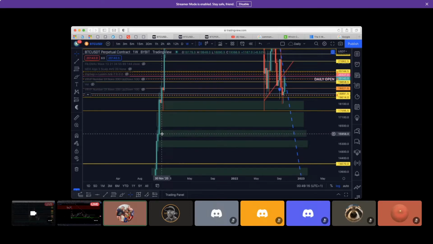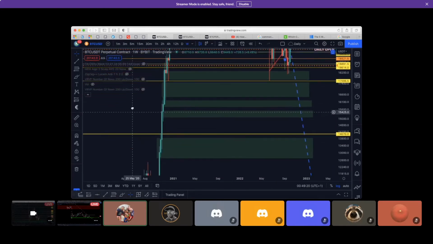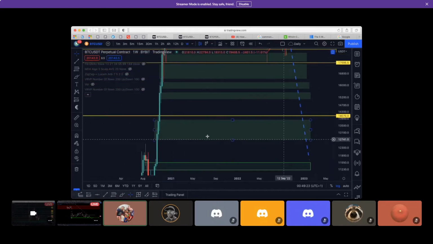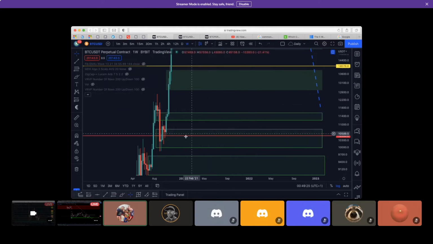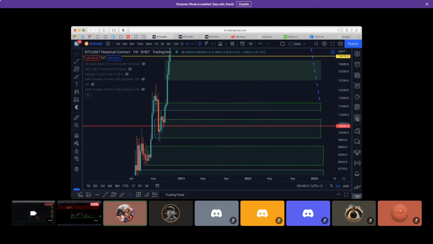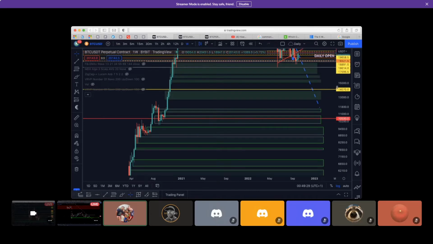So I've actually fine-tuned it by going on the forum. But this is a demand zone. This is a demand zone. This is a demand zone. This key area is a demand zone as well. This is a demand zone. It's a huge gap. And my point is that once 17K breaks, all of this can be hit, but not